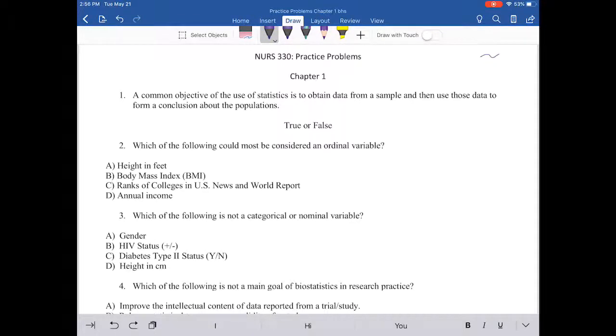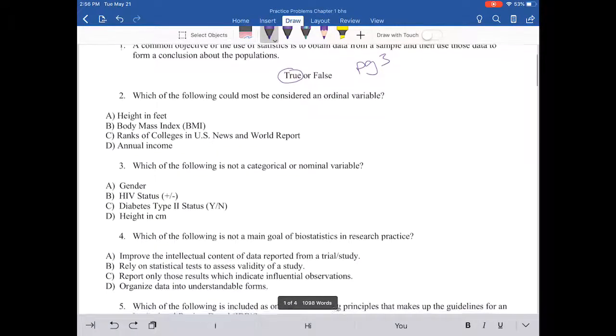So for number 1, it is true. Yes, we do often use sample data to form conclusions about populations. This is found on page 3 in your book. It starts off right away talking about that. Number 2, we're talking about